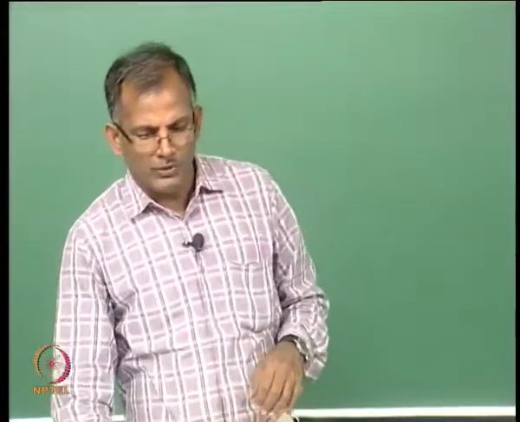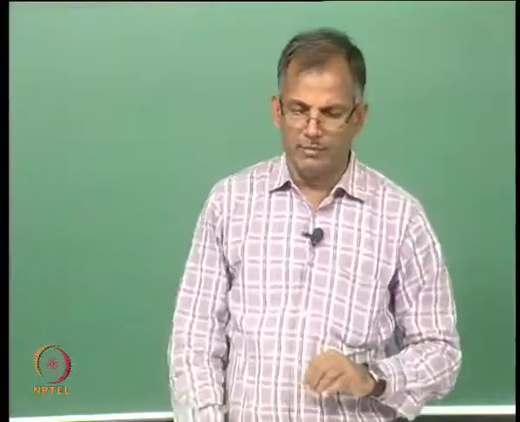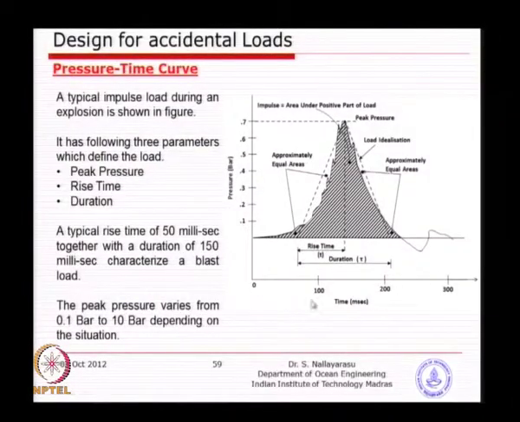A typical pressure time curve is given in this graph. Potentially it will be less than 150 millisecond, so the time period is quite small. The most important is the rise time. Here it is idealized, just like a triangle, whereas you may not see a nice triangle like this; you may see things changing within the time period, but for analysis purposes we normally use a simplified triangle.